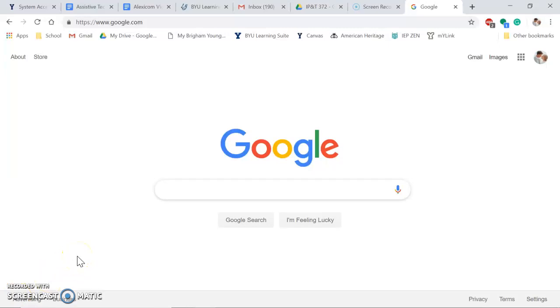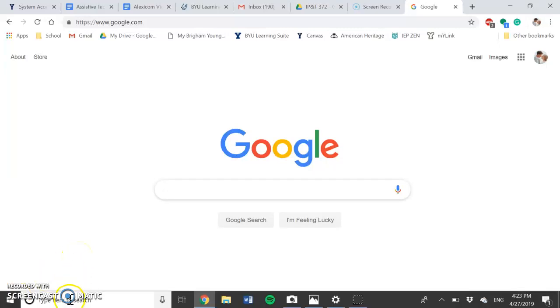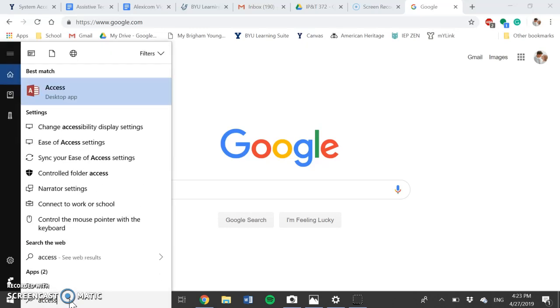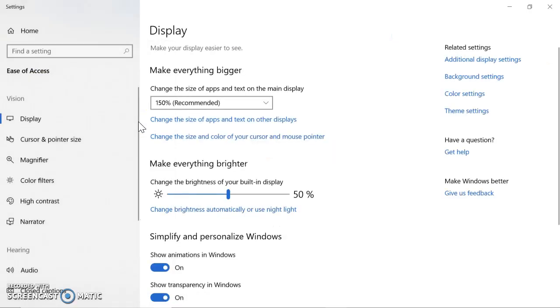Okay, so what I'm going to show you today is how to find and change the accessibility display settings on this computer. This is just a Mac. So I went ahead and searched for accessibility, and I'm going to click here on change accessibility display settings. It'll take us to the settings